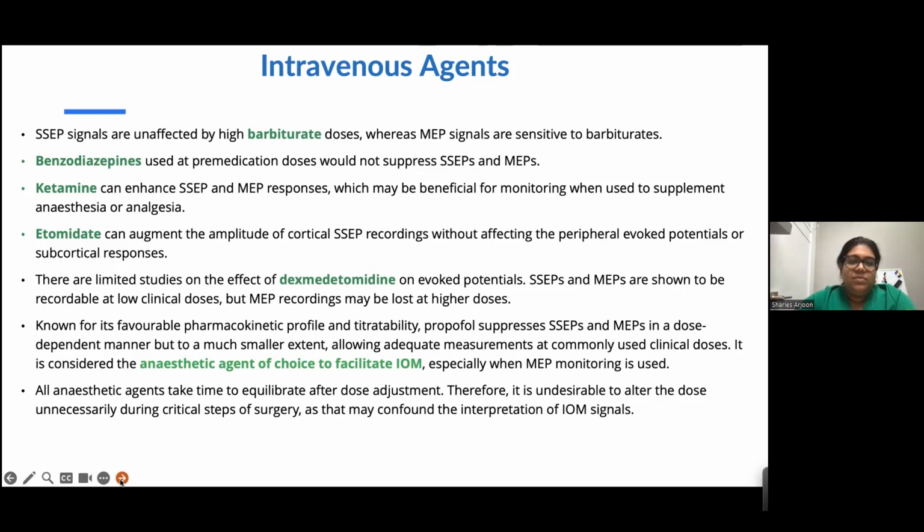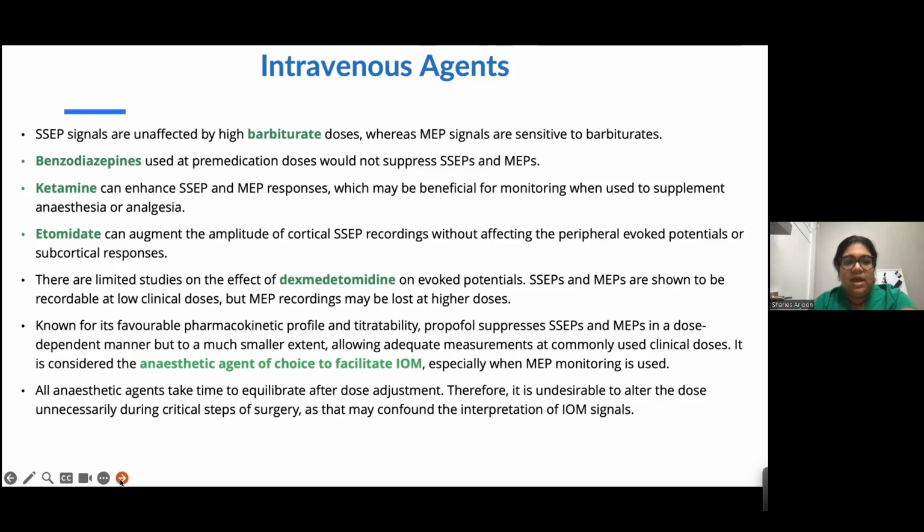Etomidate can augment the amplitude of cortical SSEP recordings without affecting the peripheral evoked potentials or subcortical responses. With regards to propofol, it is known for its favorable pharmacokinetic profile and titratability. Propofol suppresses SSEPs and MEPs in a dose-dependent manner, but to a much smaller extent, allowing adequate measurements at commonly used clinical doses. It is considered the anesthetic agent of choice to facilitate intraoperative monitoring, especially when MEP monitoring